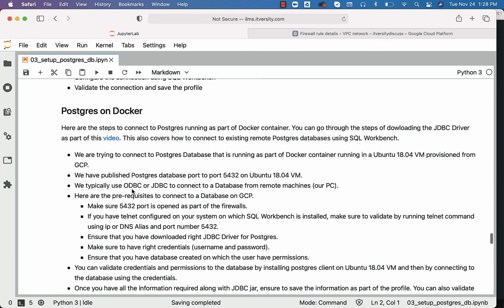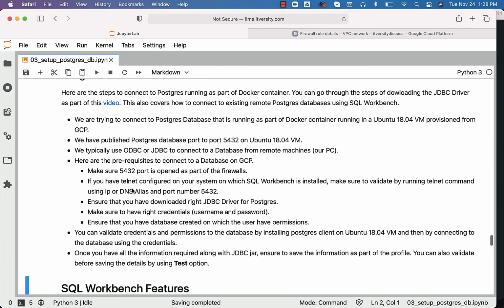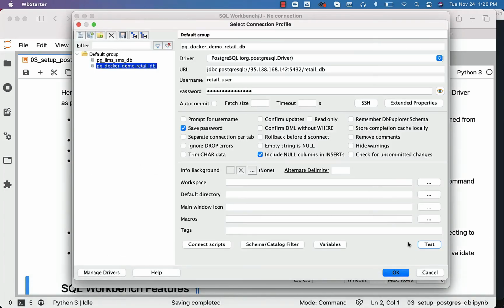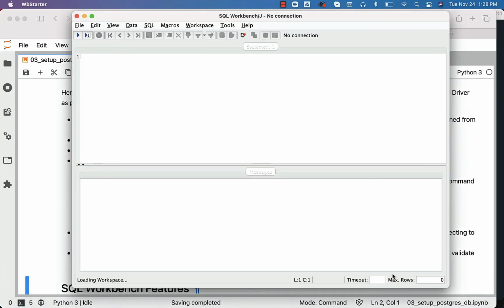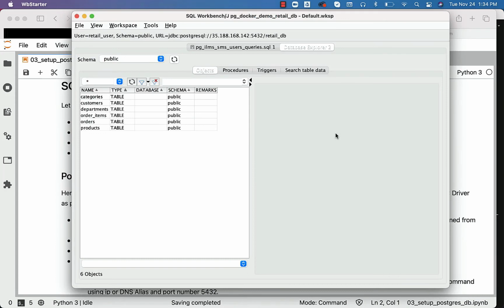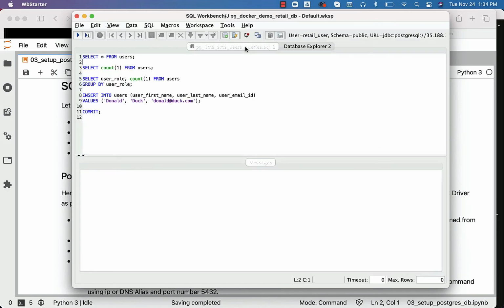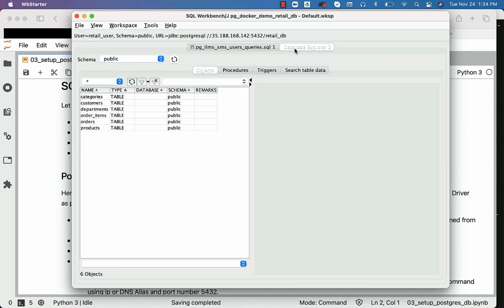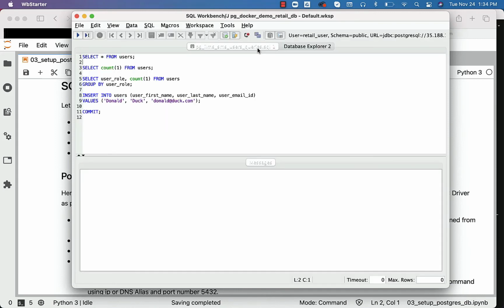We have taken care about how to connect to the database using SQL Workbench without any issues. The test is also successful. Now it is time for us to connect. You can say OK here. It will take care of connecting to the database. In this case, when I closed the SQL Workbench earlier, I was in the Database Explorer. That's why it opened up using Database Explorer. In your case, you might just see a plain SQL window like this. You might not see the Database Explorer by default. I have been using SQL Workbench, that's why we end up in Database Explorer. Otherwise, it will show the screen like this.